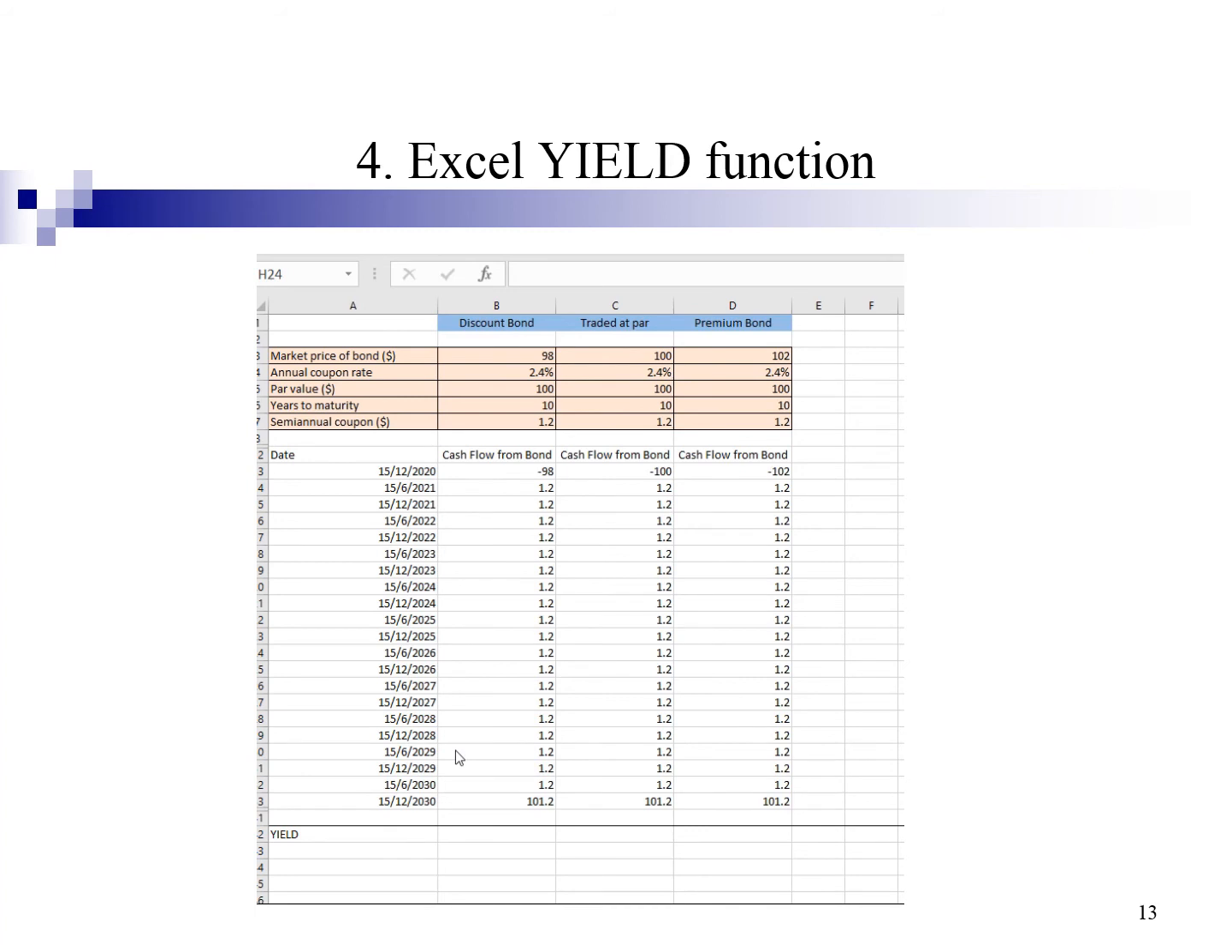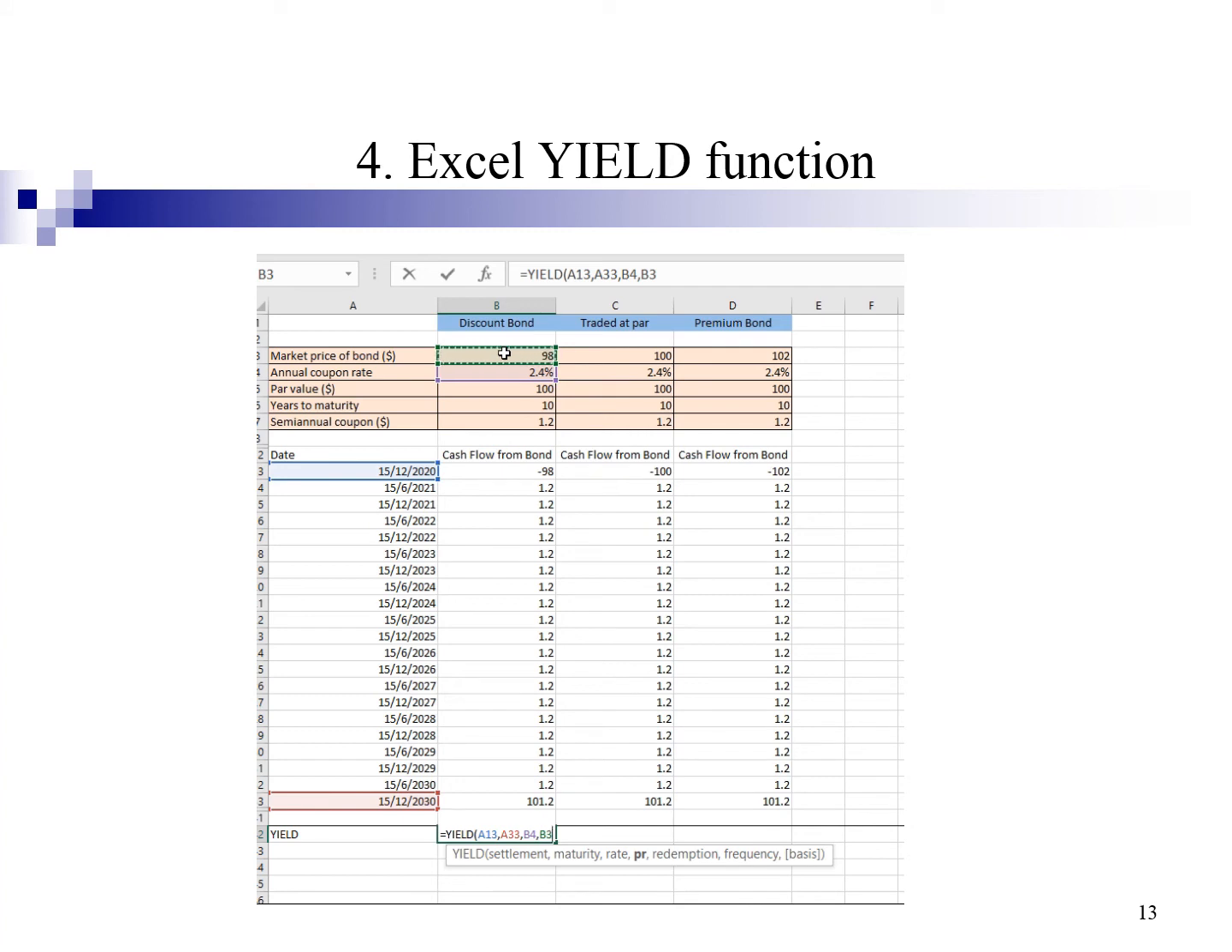Finally, we shall learn the fourth method, the Excel YIELD function. This function is useful when we have a date. Let's try it. I'm going to type equals YIELD, open bracket, point the settlement date, which is 15 December 2020, comma, point the maturity date, comma, then the rate refers to the annual coupon rate, which is 2.4%, comma, price refers to the market price per